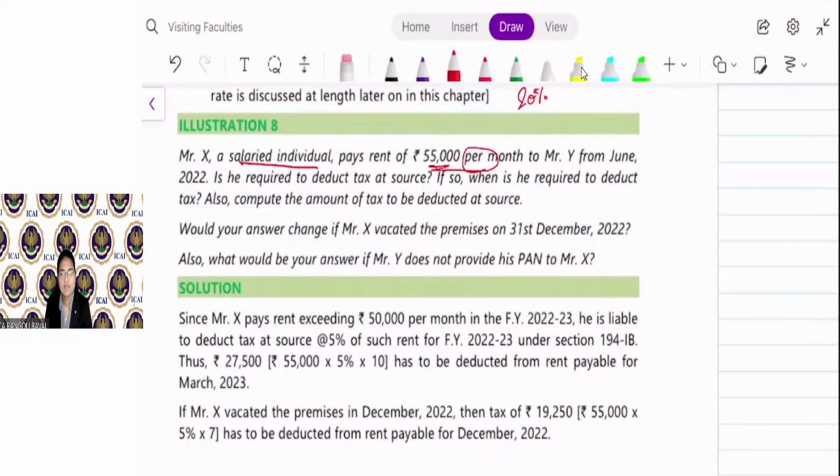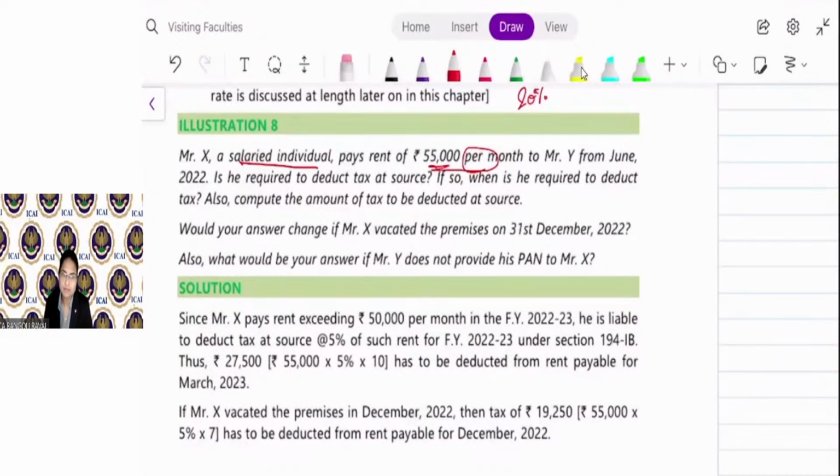If so, when is he required to deduct tax? Also compute the amount of tax to be deducted at source. Now the date of vacating, the date on which Mr. X vacated the property, is not given. That means for the whole year from June 22 to March 23, Mr. X is a tenant of that property. So the TDS is required to be deducted from the last month of the financial year, that is, the 31st March